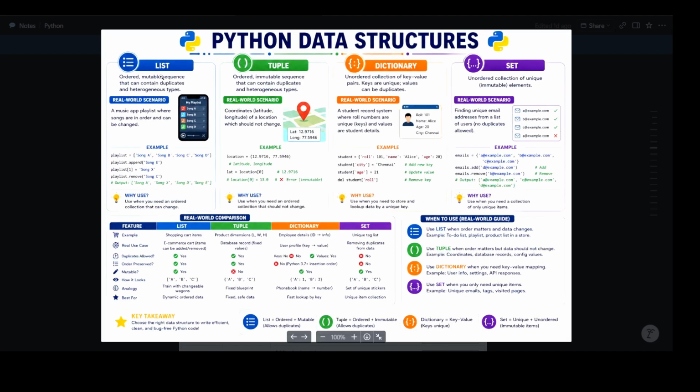List one by one. String we will see last, because escape sequences belong to the string only. So list is an ordered, mutable sequence that can contain duplicate and heterogeneous elements. If I take an example,